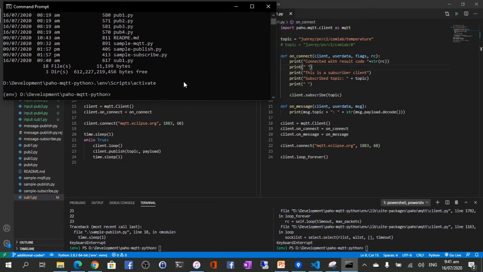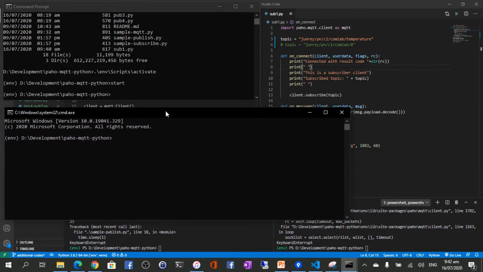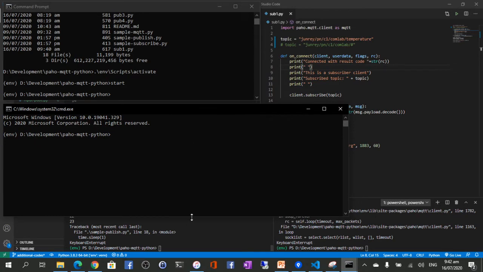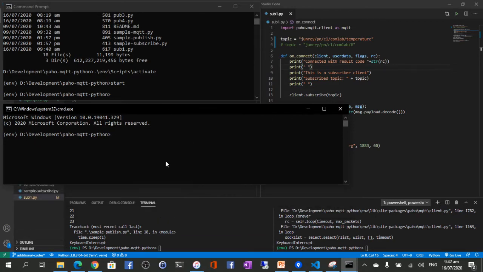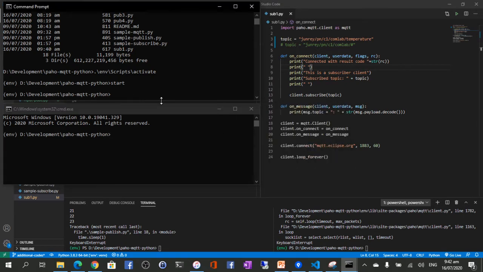Okay, now it is activated. Then we will open the 4 other command prompts. Just type start and it will launch a new command prompt, already running in the virtual environment. So just arrange it like this. We'll stack them in this portion.